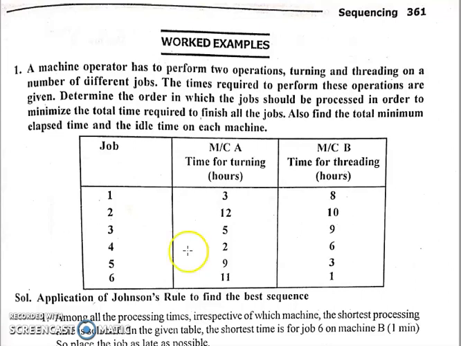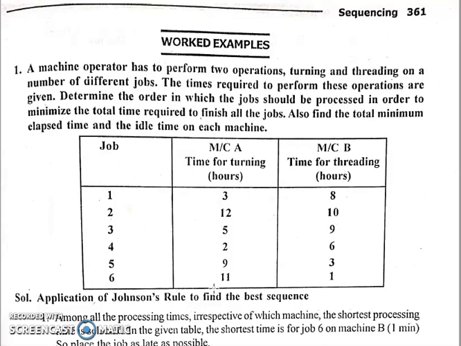Understood? So here they have given the jobs and the particular jobs processing time. If we solve by taking this table only, then we won't get the minimum processing time. So in order to find that best sequence possible to have the least possible time,